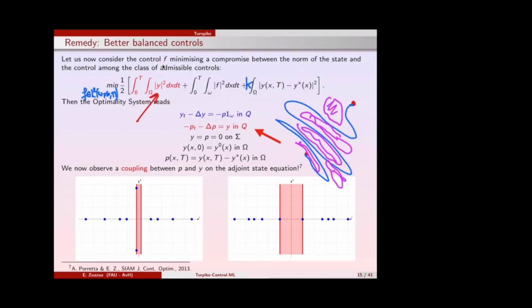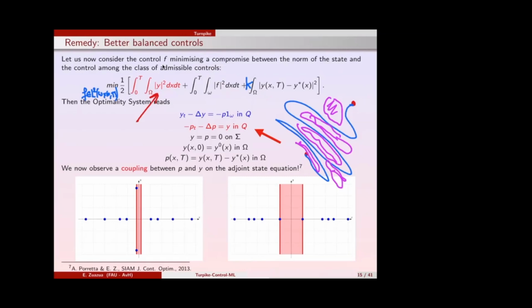Okay, fine. Now, if you ask me from the optimal control perspective, can I do that? I tell you, yes, of course you can. Because this new functional, which is different from the previous one, because it's the previous functional written in black plus this extra term, this new functional is also continuous, convex, and coercive in the same Hilbert space. It's coercive because I have the square here. It's convex because y depends in a linear fashion on the control f. And it's continuous because whenever f is in L2, all these quantities here are well defined.